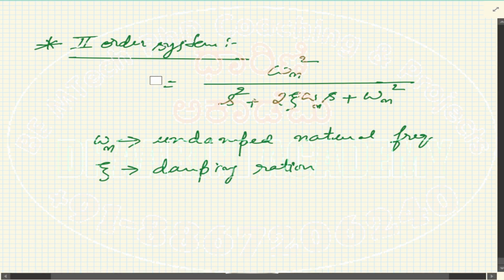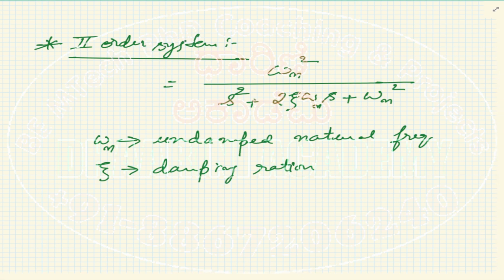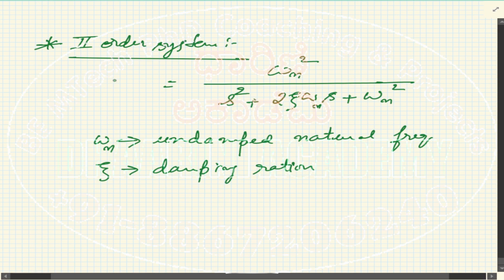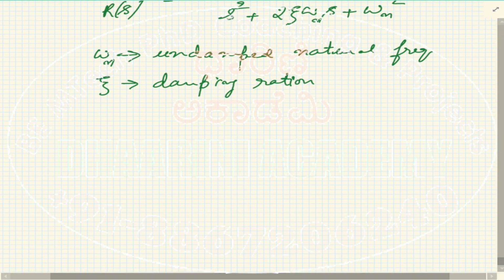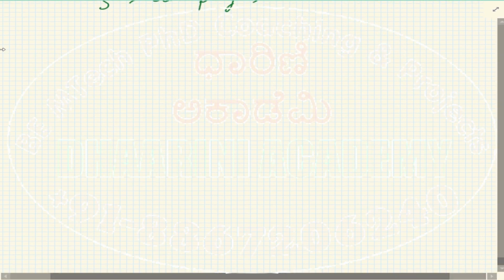So if I simply write G of s, it makes sense that it's only the forward path, no feedback. Okay. Just to make a change here, I'll write this as the output by input, C of s by R of s. Okay, actually this is the transfer function, but if I want to write this as a feedback,